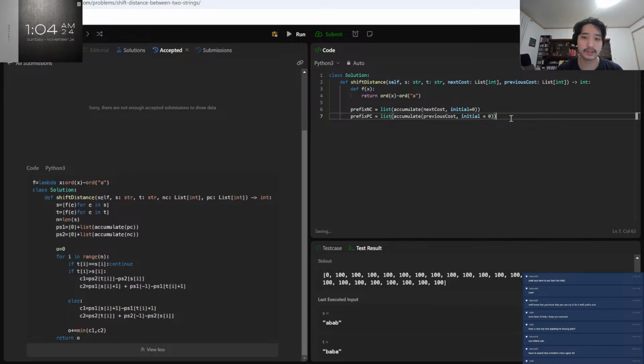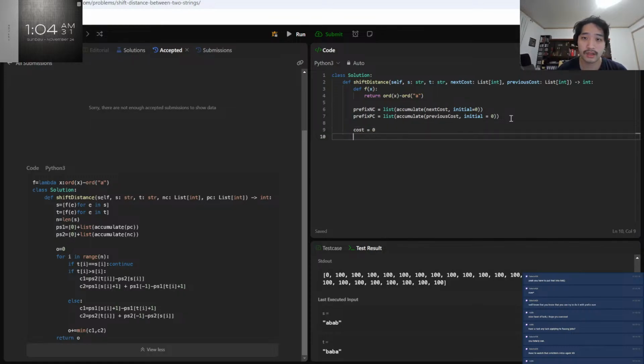Okay, what do I need? I need the cost equals to 0. Give me a second. What else do I need? I need to convert S into a list of the indexes, and I have the fx, so you